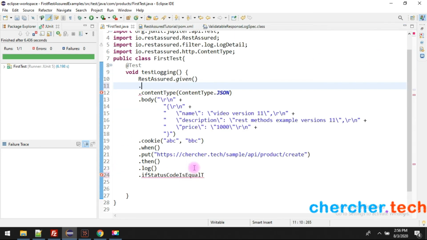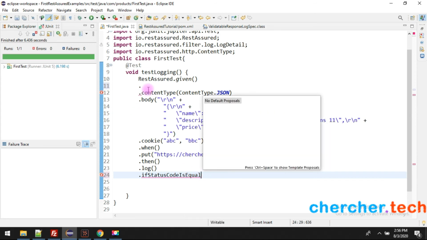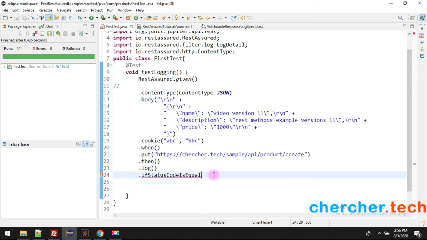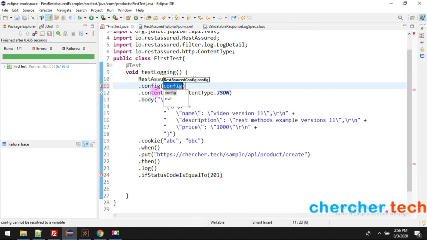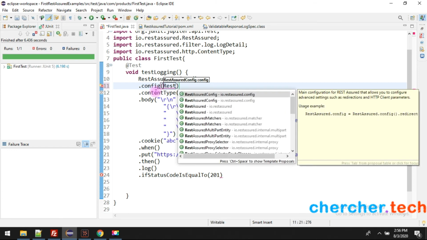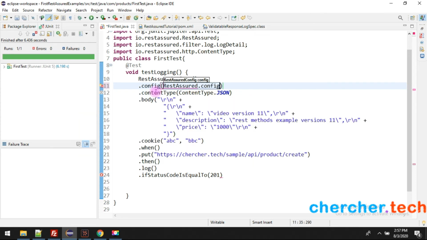For example, let's rewrite it. Here we are expecting 201. In case it is 201, it was printing all the details, if you remember. But I do not want to print all the details, or if I want to mask some details, then you can blacklist those kinds of details. For that you have to use the config method from RestAssured again. RestAssured dot config, and here it is going to accept one more method,